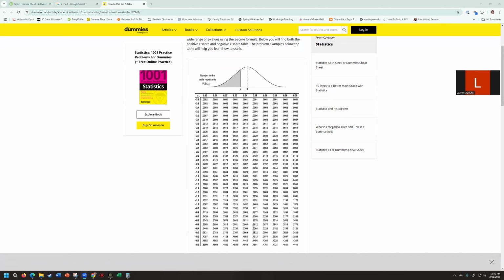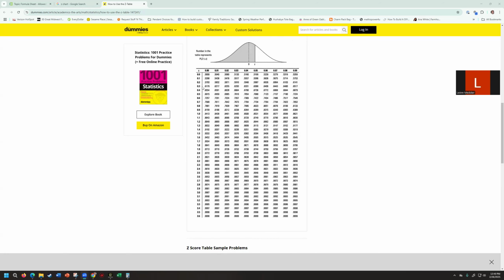So if your Z-score is, say, 1.56, again, right now, this is all the negatives, so we'd have to go to the second page. Those are all the positives. So I'd go down to 1.5, and then I have to find the 6 in the columns, their hundredths place. So here's 0.06. So if you follow 1.5 over until it lines up with the column of 0.06, you'll see that that's 0.9406. Now, what does that mean? That is always the area below your z-score, below the position that you're at. So if you're at 1.56,